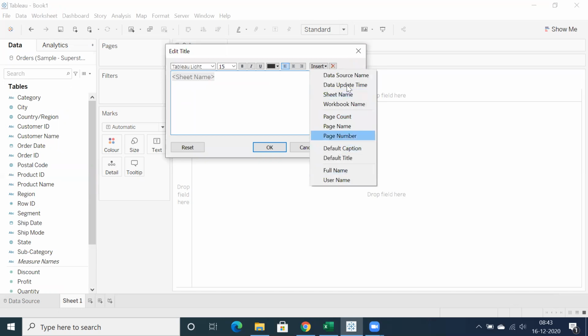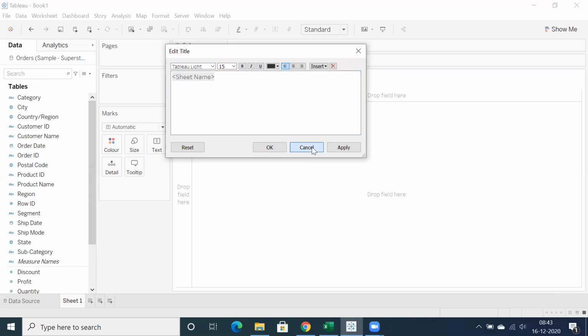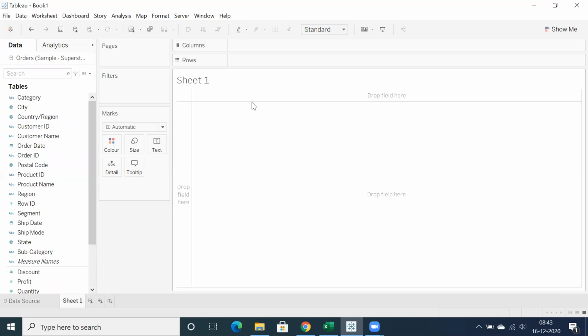But I'm going to showcase a real-time requirement where we have to show users when the last data load happens, or when the data refresh happens at the Tableau level.